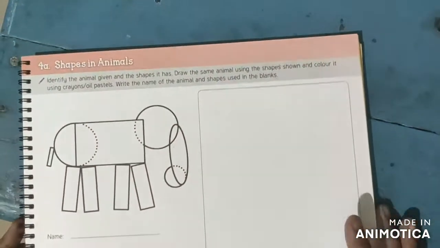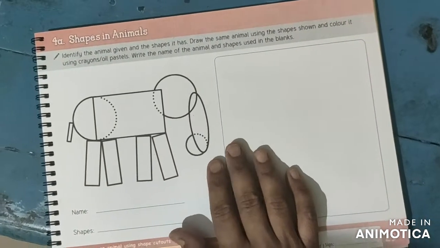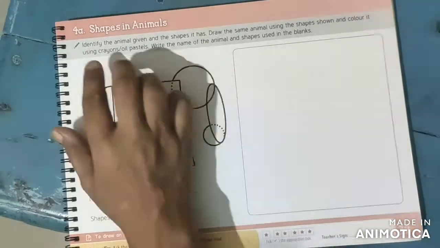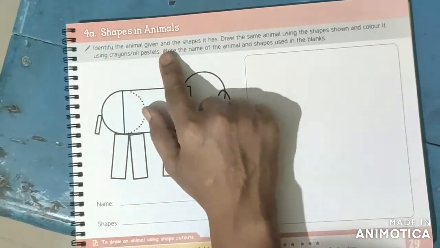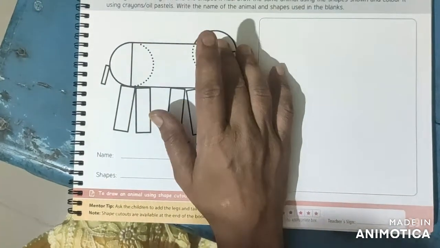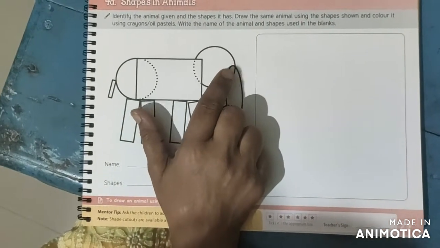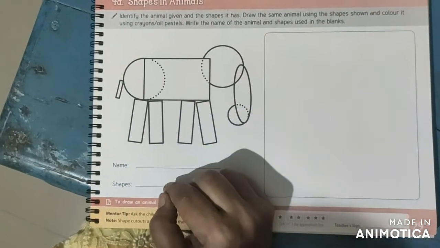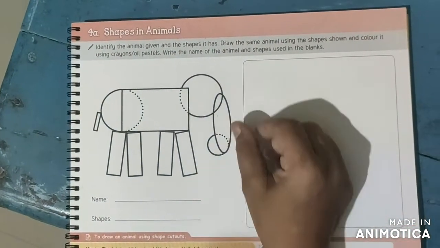Which one? 29. Here also we have one shape. So let's read the activity first. Identify the animal given and the shapes it has. Here also we have to identify the animal in the picture, and then the different shapes used.